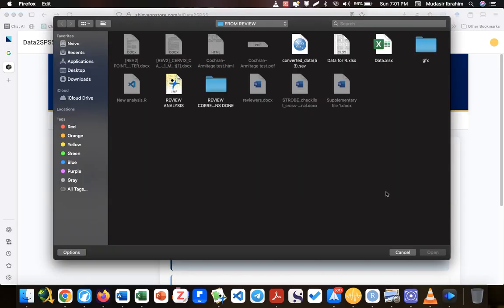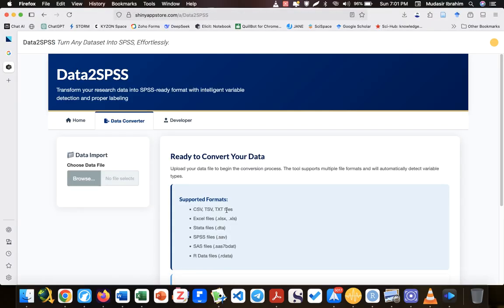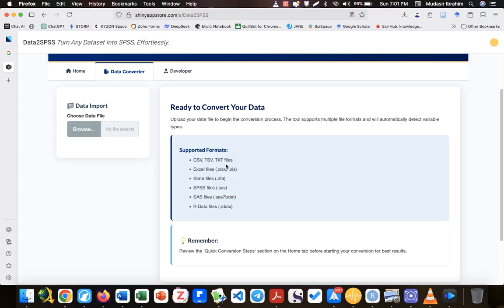So irrespective of the data file I have, you see that here it says CSV, TSV, text files, Excel, Stata, SPSS. That's SPSS statistics software. So we have SAS, and we also have others. So when I click this,